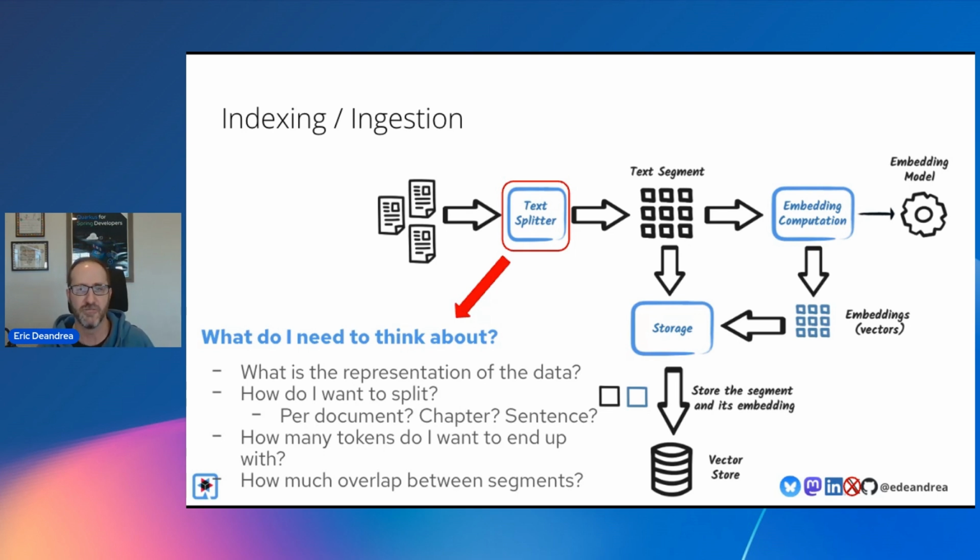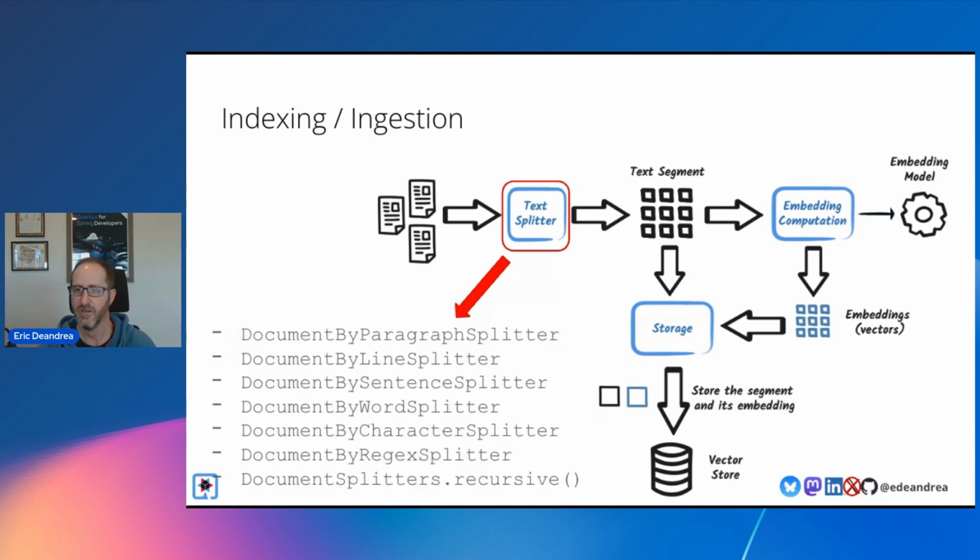And you probably need to figure out, based on each particular piece of data that you're splitting, how you want to split it effectively. Do you need to parse it by table of contents and then link a table of contents to the actual data that it comes with, things like that, right? And so again, there's lots of different building blocks in LangChain4j to be able to do that. So once you have this document representation that you get from your loader, you can split it by paragraph, you can split it by line, by sentence, by word, by character, by regular expression. You can invent your own if you want to.